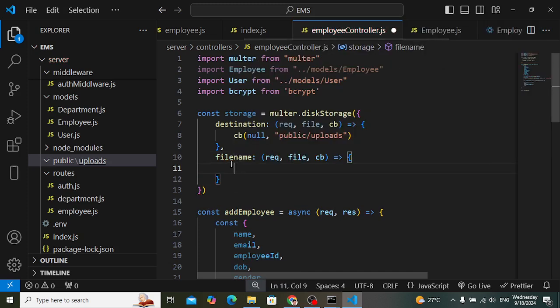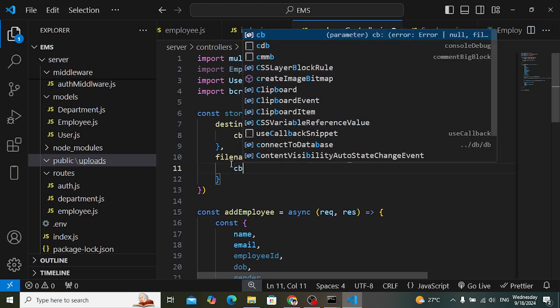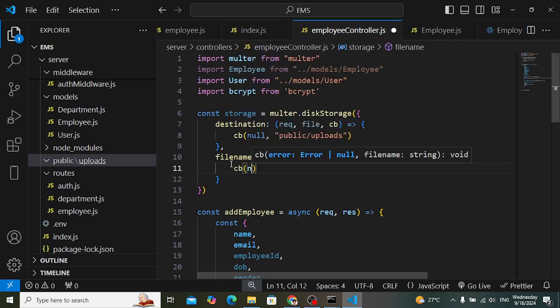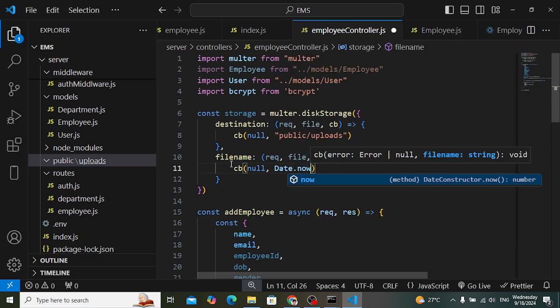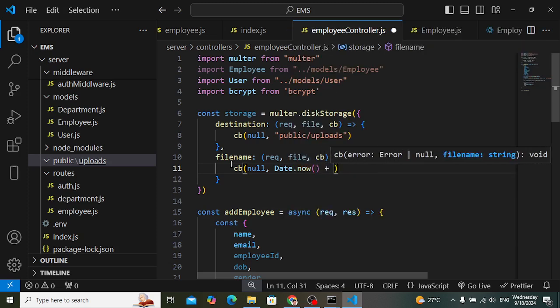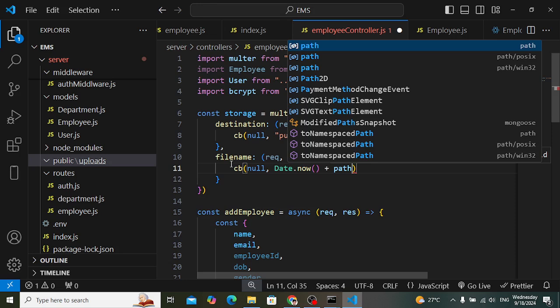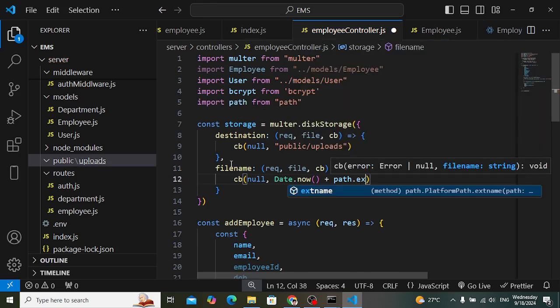So let's change, whenever we upload a file, we will change the name to a unique name. Let's call the callback function again, and here first of all null for error, and for the name we will just use Date.now to assign that, plus our image name. Date.now gives the date in milliseconds, plus the name of the image. So how can we access the name of the image? For that, path.extname